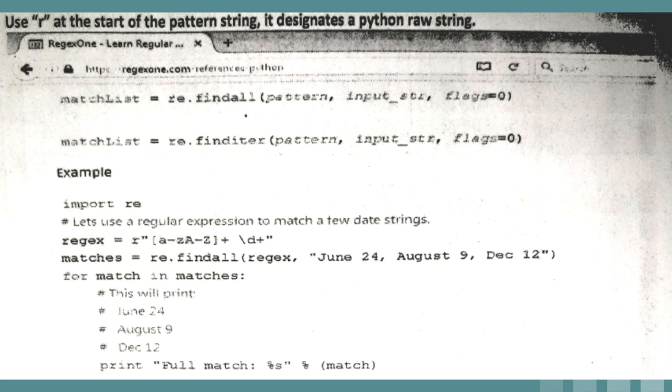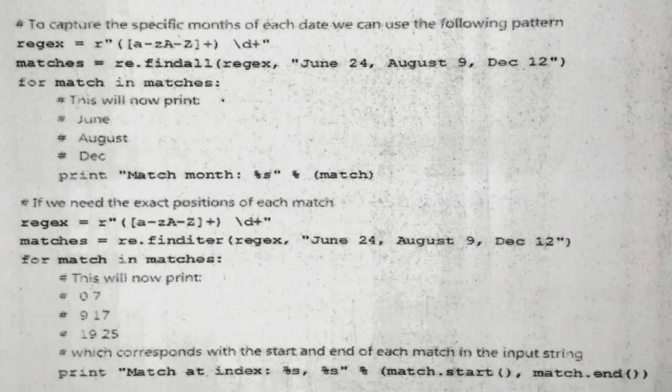Here it is very, very important, that is why we have written the pattern. What is the meaning of the pattern? Now again I am taking the same example, but if you notice, within a square bracket, small a to z and capital A to Z and plus is present inside the round bracket. The last special character, the meta characters which we have seen, is the round bracket. So now we have provided the A to Z plus pattern inside the round bracket. After that we are having space \d plus.